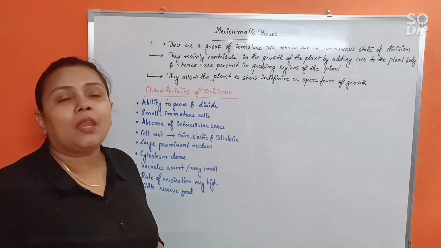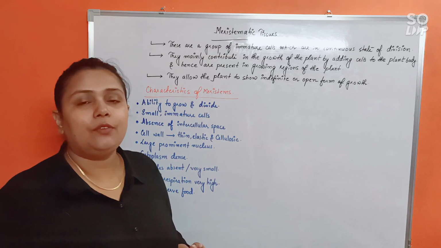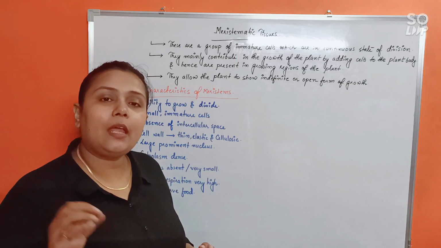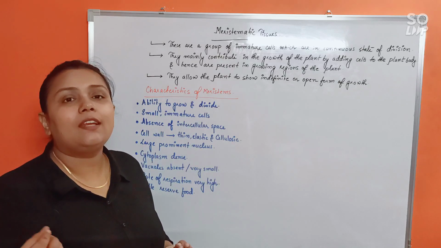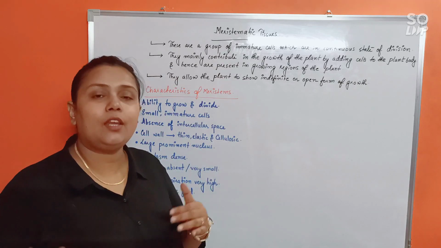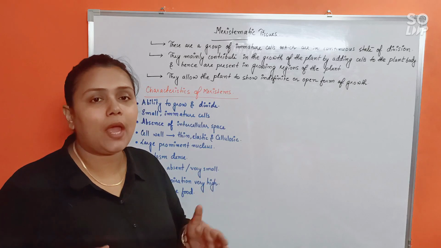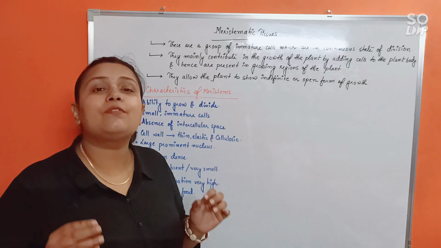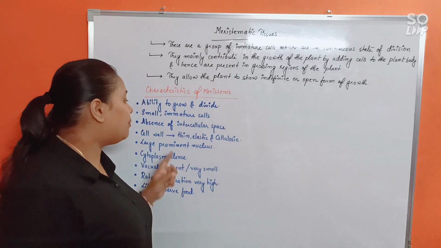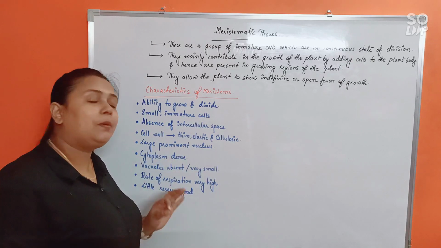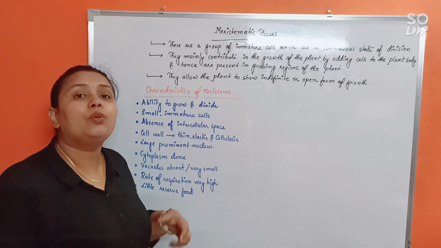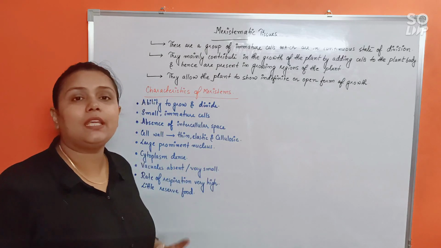Okay. But not every cell in the plant body possesses a cell wall made up of cellulose only. There can be other depositions as well, like lignin deposition, suberin deposition. So if lignin or suberin are also added along with cellulose, the cell wall becomes very tough, rigid and thick. Okay. But in case of meristems, the cell wall is purely made up of cellulose and it will remain thin and elastic, which will help the cells to continuously keep dividing.